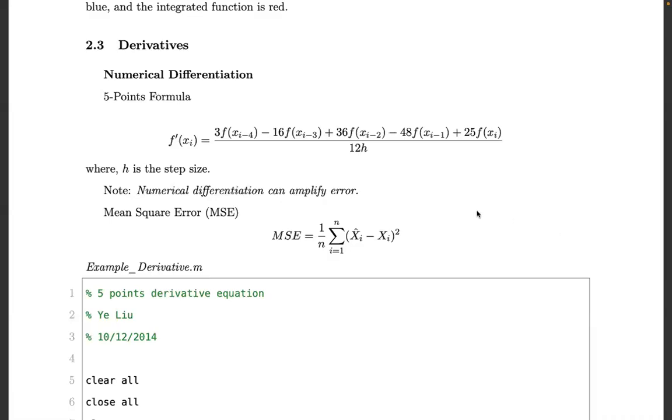Today, we will learn the numerical derivatives in MATLAB. So, numerical differentiation. Usually, we use this 5-point formula. F prime xi, so this is the first order derivative at point xi, equals